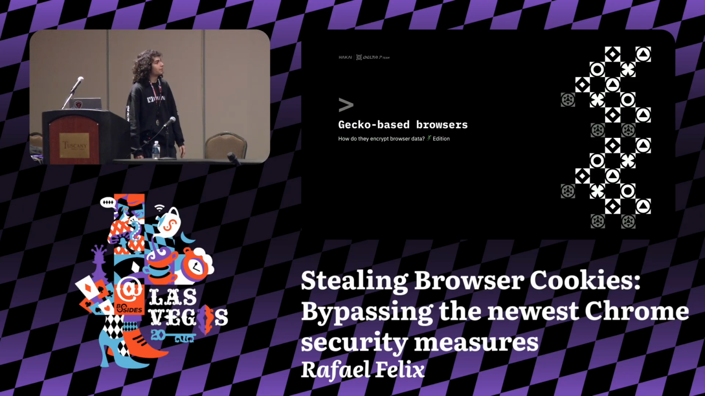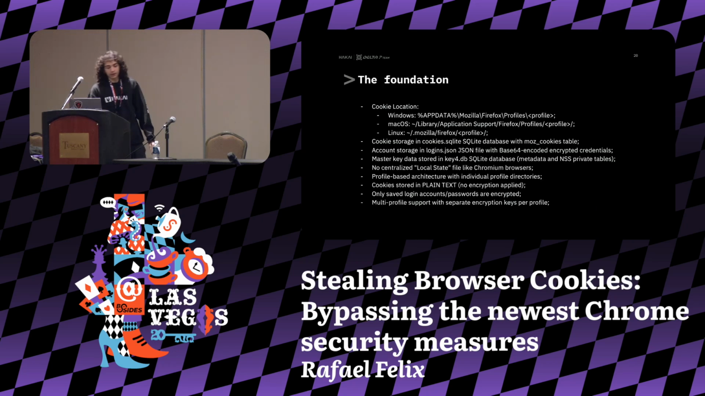The Gecko is a bit hard actually. So let's see how they encrypt browser data. Let's start with the same format, the foundation. Cookie location on Windows: AppData, Mozilla, Firefox, Profiles. On Firefox, actually, the profiles folder has a lot of other